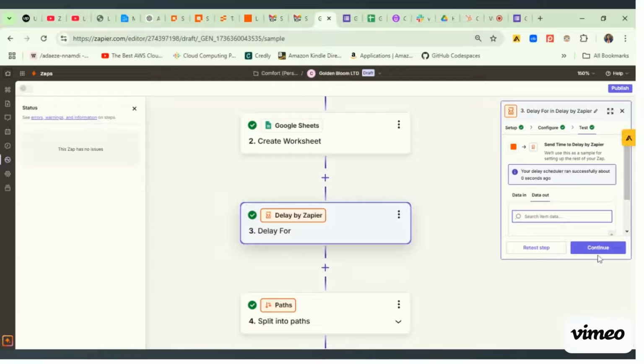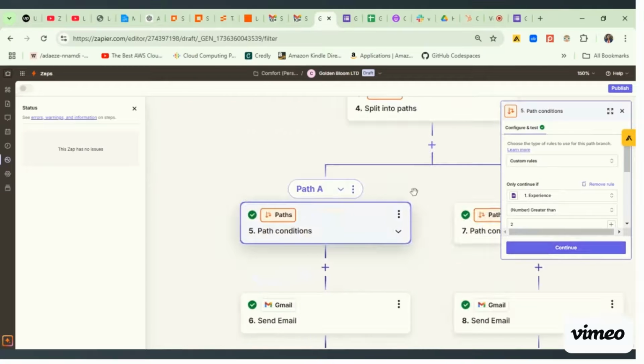So let's go to the next one. It will delay for 24 hours before sending mails. We divided this into two because, like I mentioned earlier, there are two conditions as to how this will